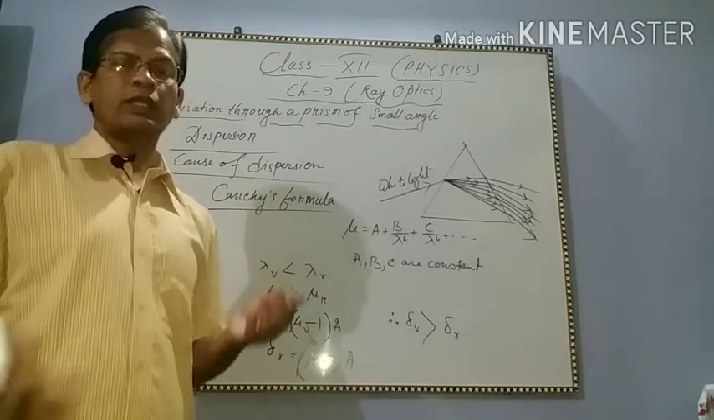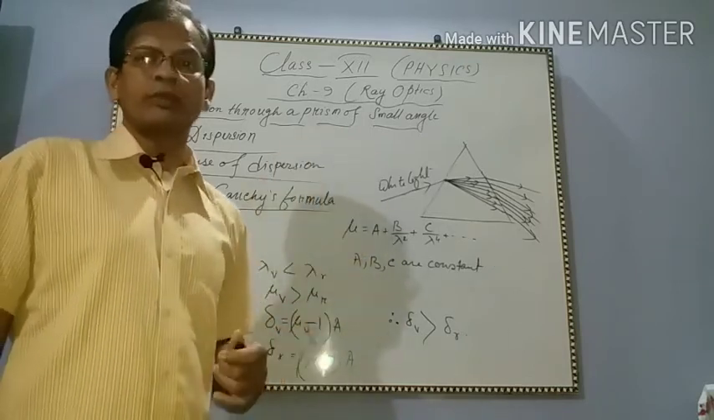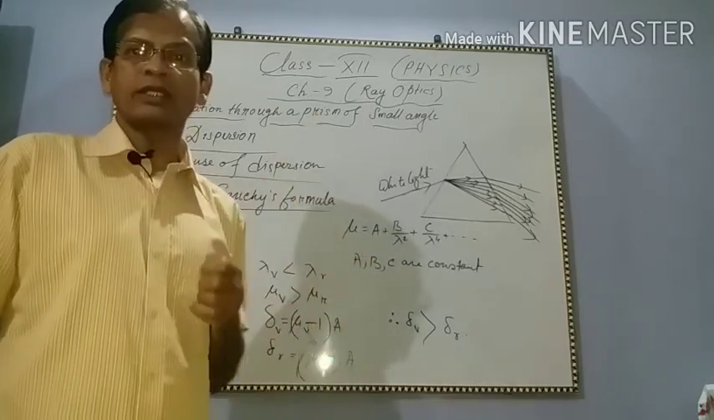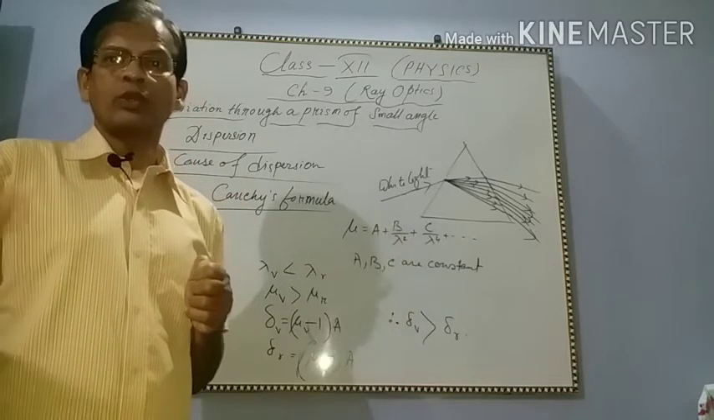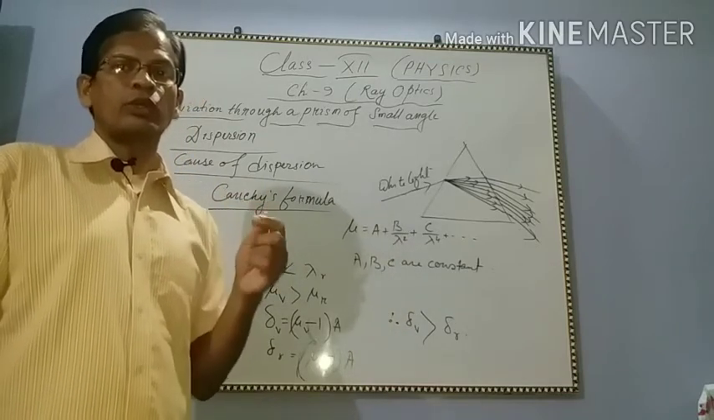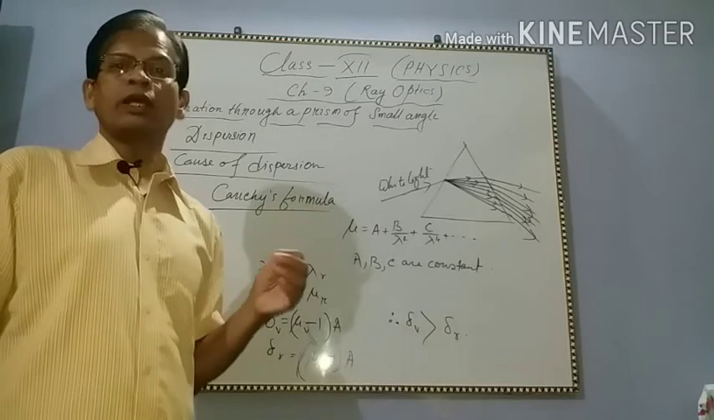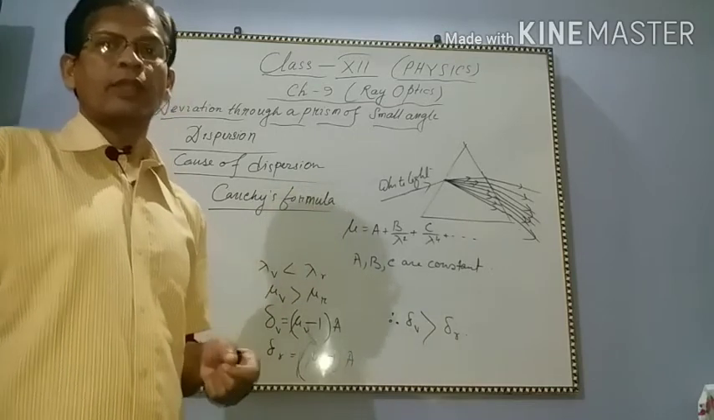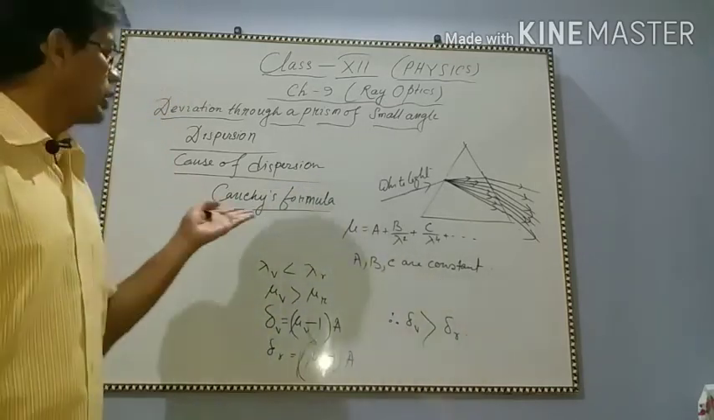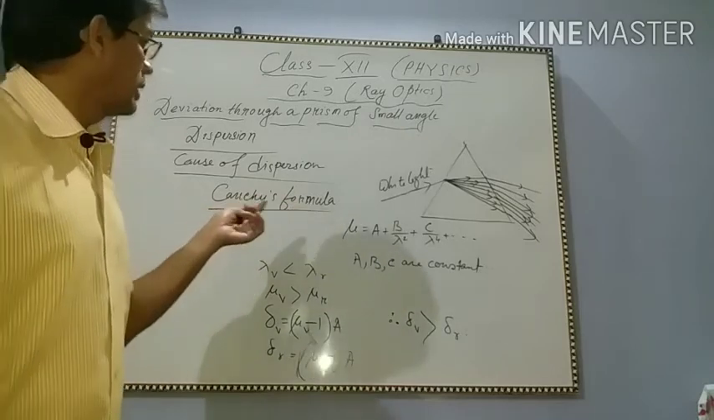So white light, when passed through the prism, will move in different directions due to their wavelength, which is called the dispersion of light. What we are telling here,